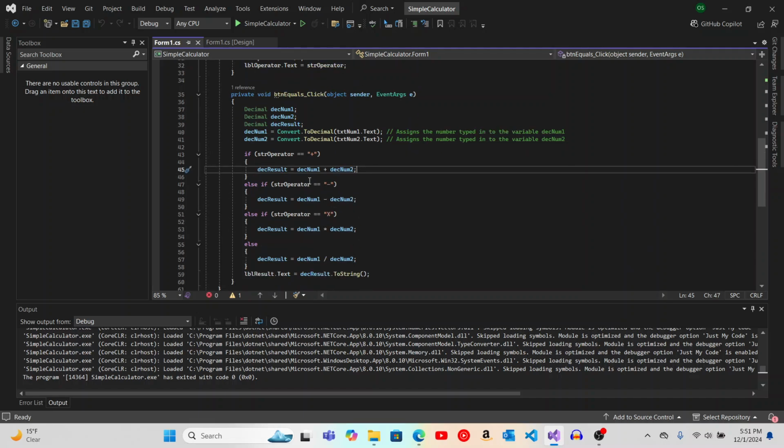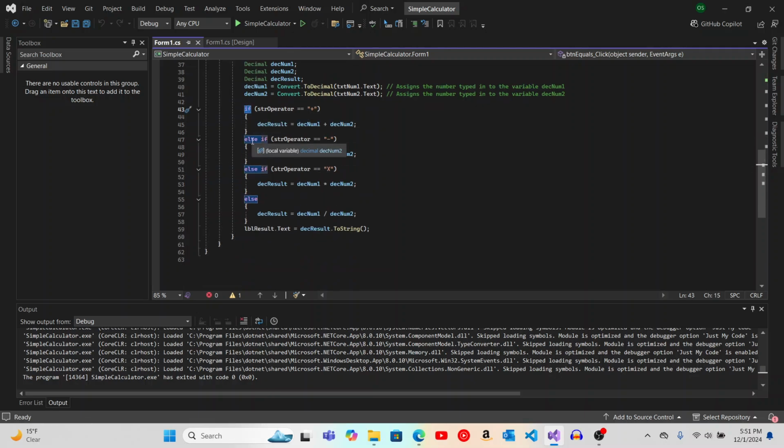And now these if else if statements here. So we try this first. Okay, it goes from top to bottom. Code goes from top to bottom. If it's a plus, then we're adding, and the sum of that will be assigned to the result variable. And then if that doesn't work, then it'll move on to this. It'll keep moving on until, like,